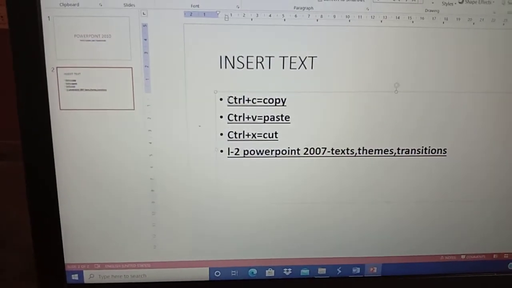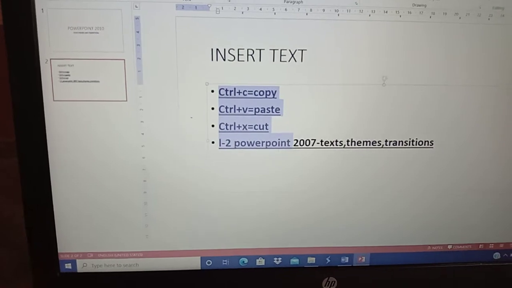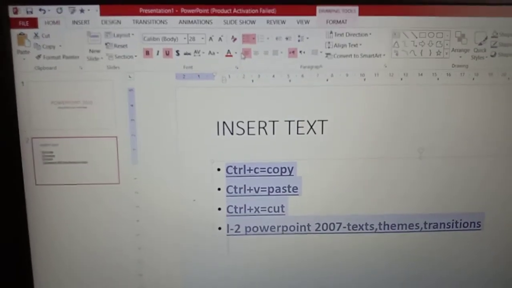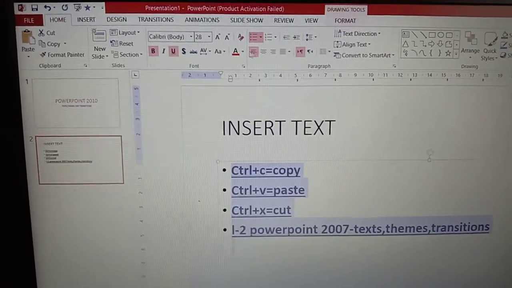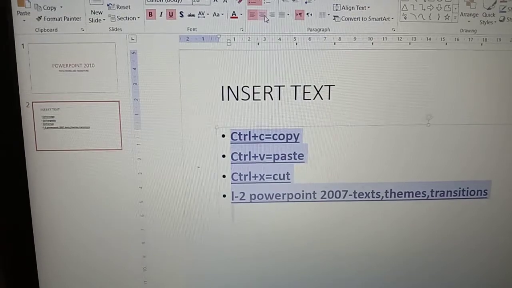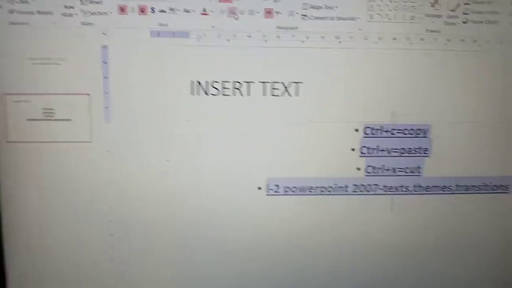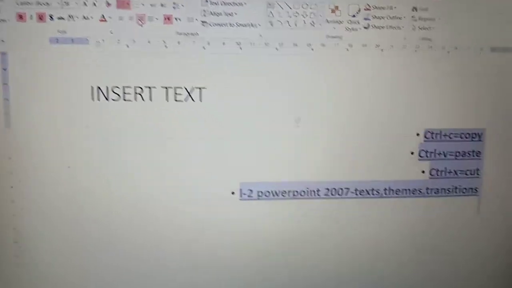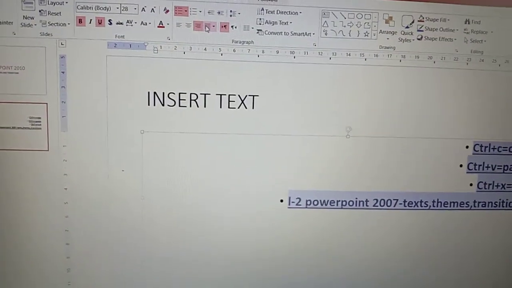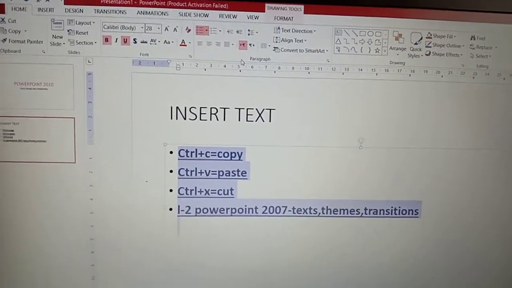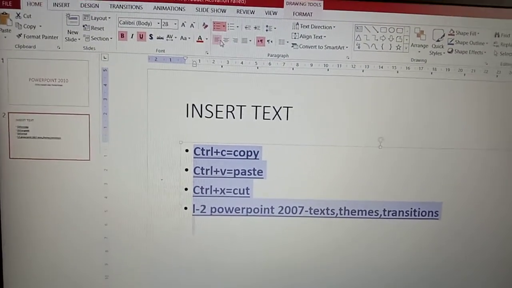First, what you need to do is select your text, and here we have a number of alignments. Left alignment, center alignment, justify alignment. See, this is our left alignment. Already it is on the left side only. Next we are going to do a center alignment. See what is happening here. Next I am doing a right alignment. So it is on the right side. Okay, this is a justify alignment.